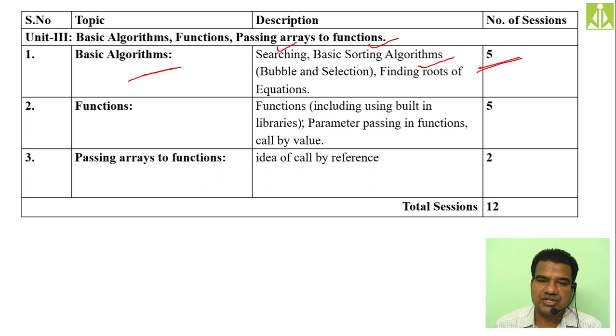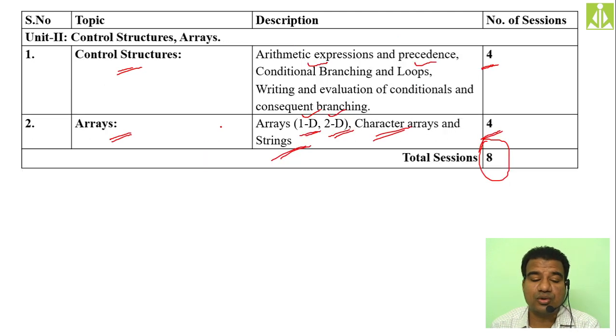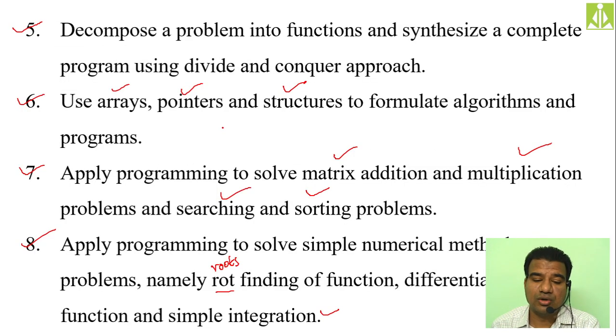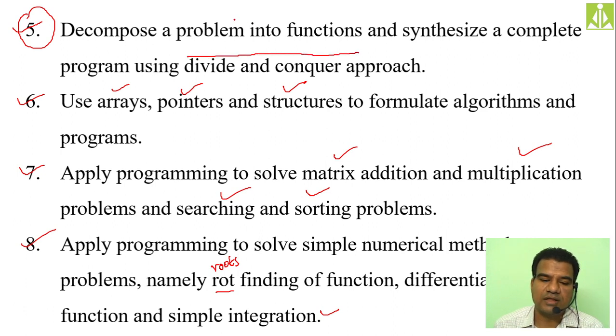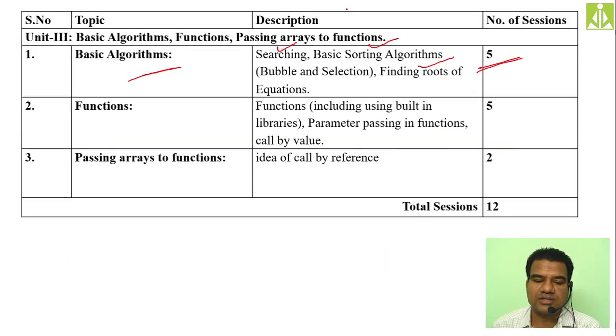Then the concept of functions, the divide and conquer strategy. With the help of functions only, we achieve divide and conquer strategy. As a course outcome, we discussed this divide and conquer strategy: the student will be able to do divide and conquer strategy. Somewhere we discussed, as the fifth course outcome, here we have the divide and conquer approach. With the help of functions, we are going to achieve divide and conquer strategy. Okay, that we discuss over here inside your third unit.